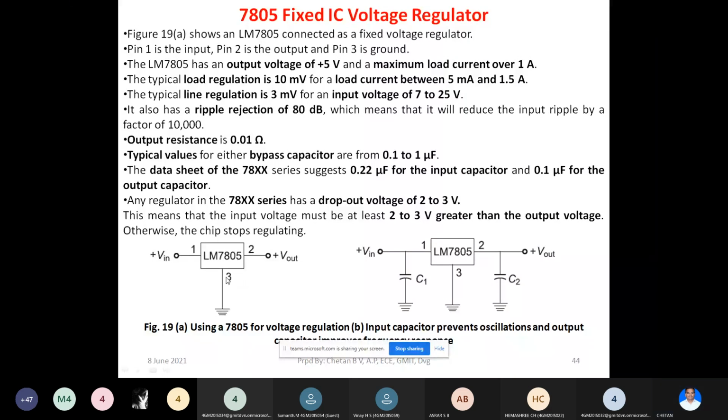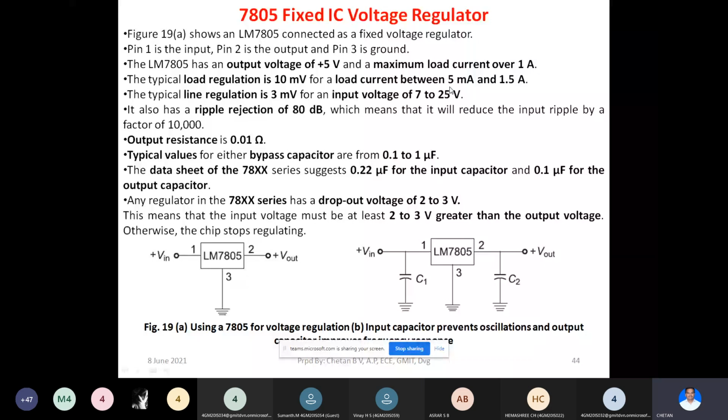And coming to load regulation and line regulation feature, load regulation you already know. It is the condition where only the output load current or output load resistance would vary, and input voltage and input resistances would be constant. That is load regulation condition. So this IC can withstand a load regulation up to 10 millivolt. So it can withstand up to 10 millivolt variation in the output, and it can withstand this for a current range between 5 milliampere